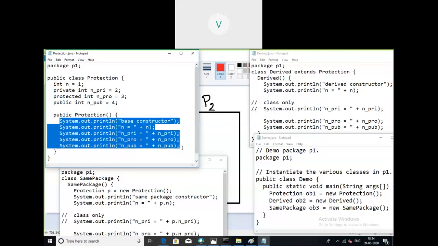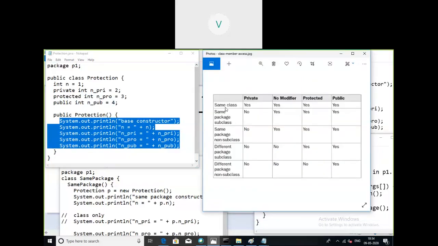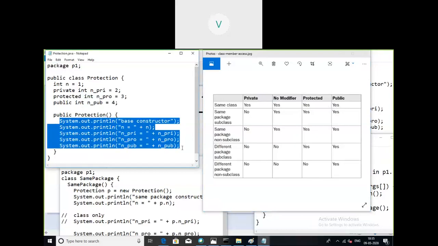So what access rule do we know here? In the same class, everything is yes. That means all these statements will get executed without any issues.